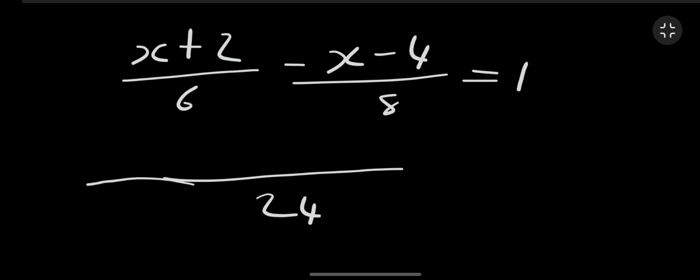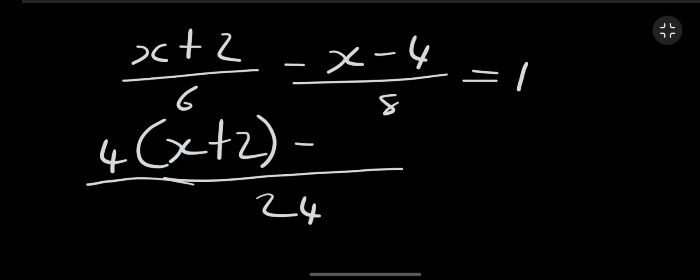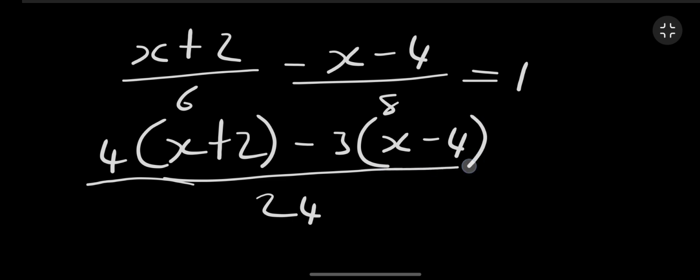So we're going to have 4 times x plus 2. Then we put our minus. We now say 8 into 24, that is going to be a 3. Then we say 3 multiplying the numerator, which is going to be x minus 4,